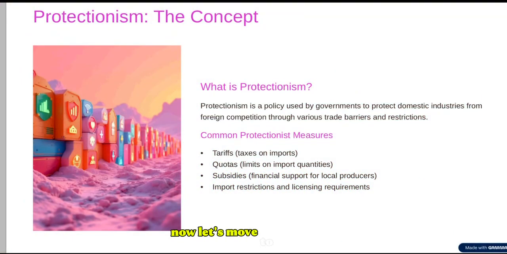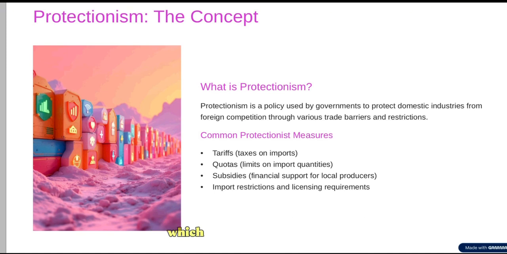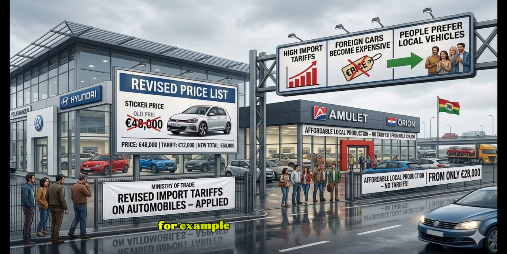Now let's move to protectionism. Protectionism is the opposite approach. Governments use trade barriers to protect domestic industries from foreign competition. One common protectionist measure is a tariff, which is a tax on imported goods. For example, if a country places high tariffs on imported cars, foreign cars become more expensive and people may prefer